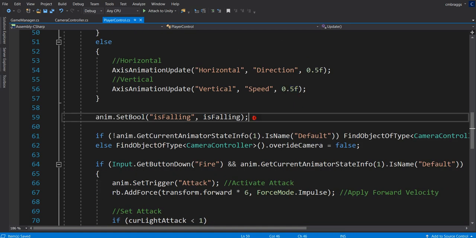Now the next thing we're going to be doing is we're going to check and see if we're falling. So this part is very important because, say for instance, if we're jumping, right? We want to be able to say, okay, if we're on the ground or if we're off the ground, right? And it's going to be able to travel to our jumping node. So we're going to check our isFalling boolean, which is going to be a parameter we will create. And we're going to make it equal to our isFalling boolean inside of our